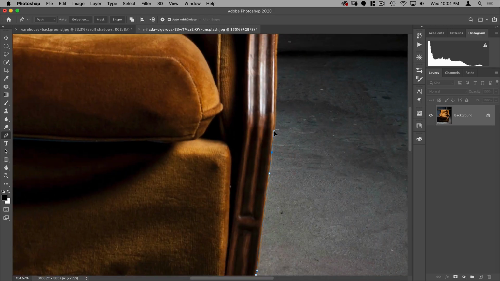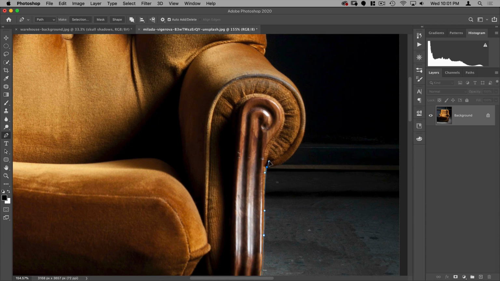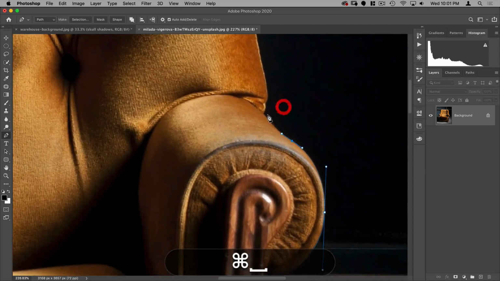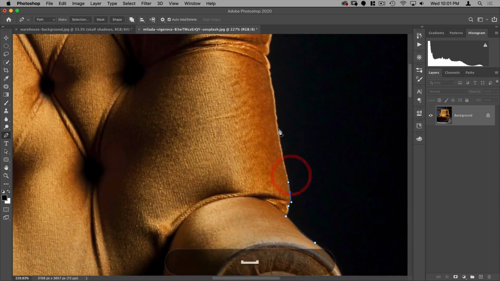Always think with your final composite as you're making selections, because if you know how the final piece is going to be used, you can regulate how much time you're going to spend on your selection. Having said all that, the more time you do spend on your selections, the nicer your composite's going to be. And when I do anything for a client, I usually spend quite a bit of time to make really nice selections.